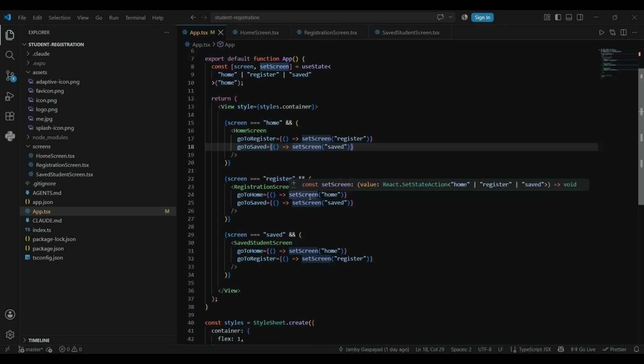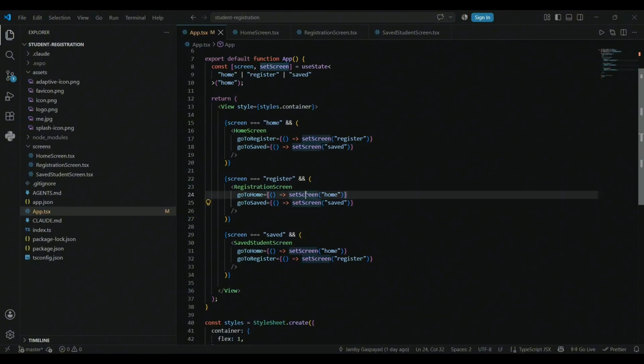So if it is, the registration screen will be displayed. Then the go to home function returns the user to the home screen, while go to save takes the user to the save student screen.